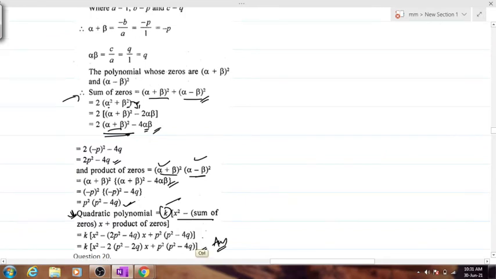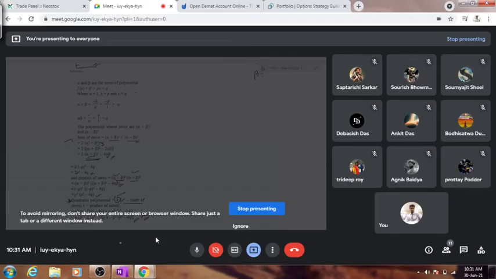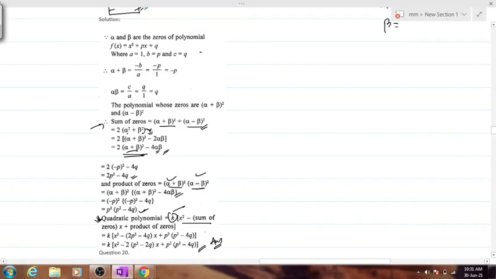Can anybody tell me why k comes into play over there? Yes, anyone? Now you will understand why extra classes are very important. Because we are doing nothing related to NCERT, we are doing actual numericals. This should be known by you. Anyone who can tell me why we include k over here?